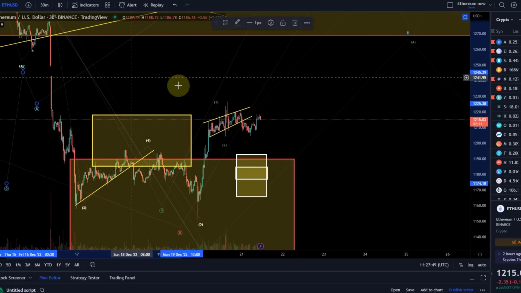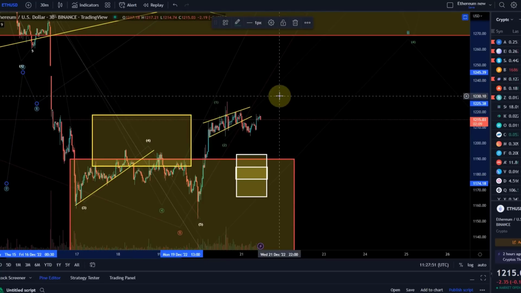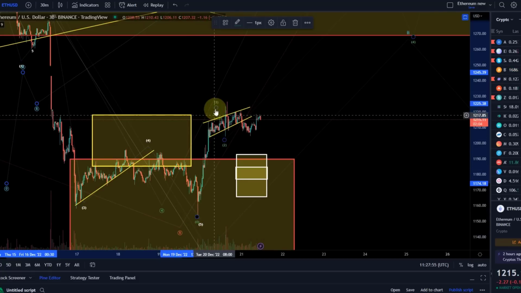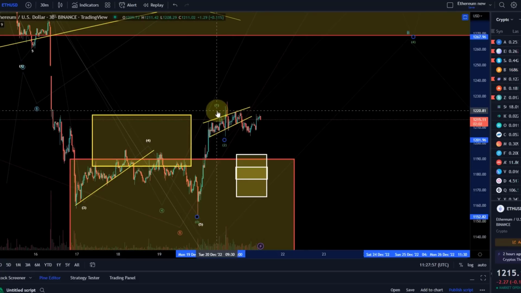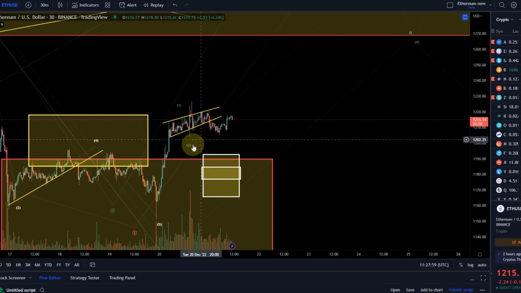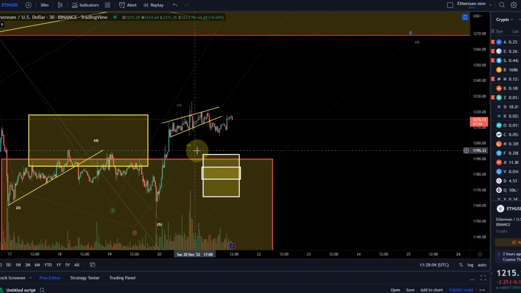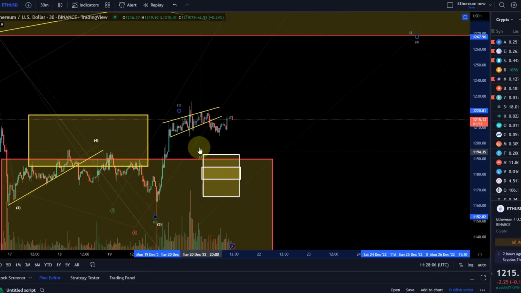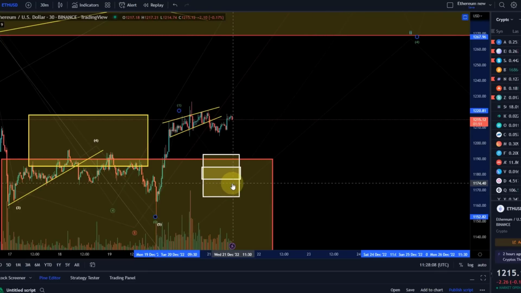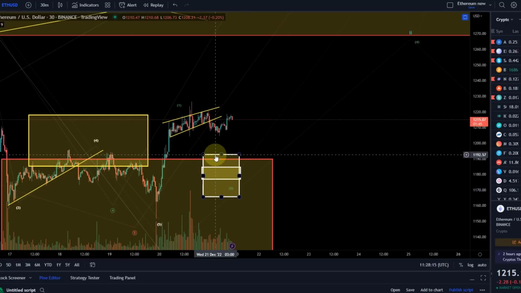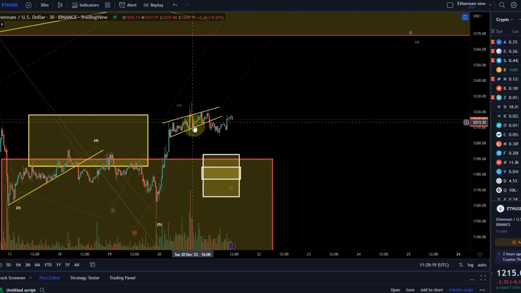So if we are in either the green or the red count, we could say that yesterday we moved up here in 5 waves, so we could count 5 waves as complete. However, when we reached the peak here around 12:15, I told you that I do expect a setback, a pullback in a wave 2, quite a strong one actually, ideally into this white area. That's a Fibonacci support area located between 1165 and 1192, pretty much. We haven't seen that yet.